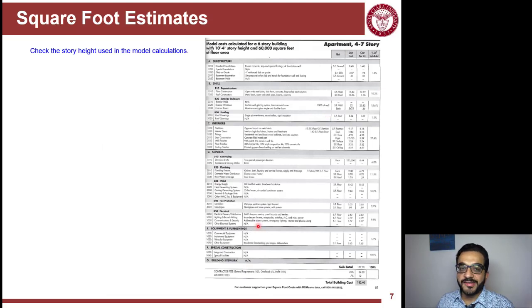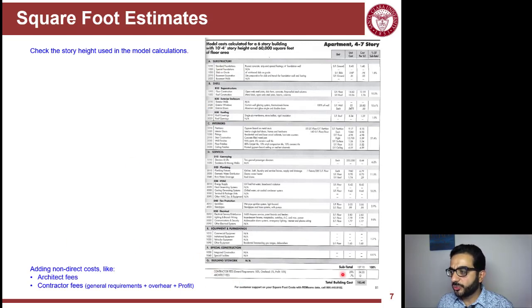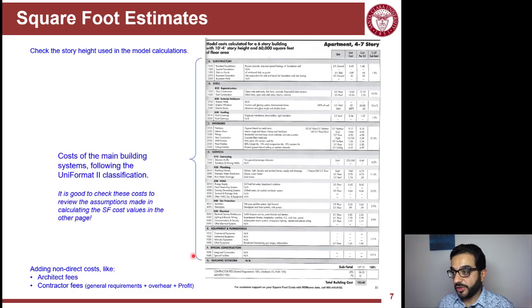So this is just an example calculation. It's good to see how it's being done. And also we start from the bottom here. These are only costs. We will learn in detail to estimate the price of a building, because an owner goes to the contractor to build, not for the cost but for the price. So price equals the cost plus a lot of overhead and fees. So here you account for fees for the architect and the contractor, and then these are all the numbers and rough calculations that add up to the big number that we have here,